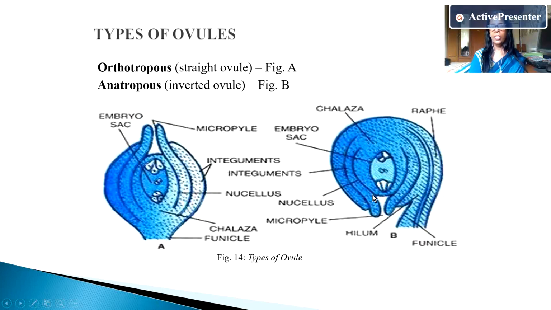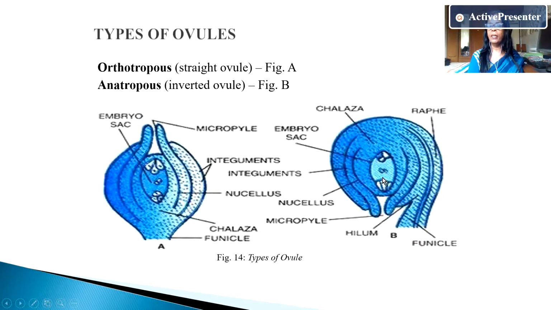So we will see the structure of ovule. In both the cases, the structure is the same, but this is straight ovule, this is inverted ovule. So we will study the structure of anatropous ovule now. The main portion of the ovule, that is the innermost part, is known as female gametophyte or embryo sac. It is made up of 3 antipodals, 3 egg apparatus, and secondary nucleus. The secondary nucleus is a single celled and binucleated structure. And this is 3 haploid cells, here 3 haploid cells. So total this embryo sac is 7 cell, 8 nucleated structure.